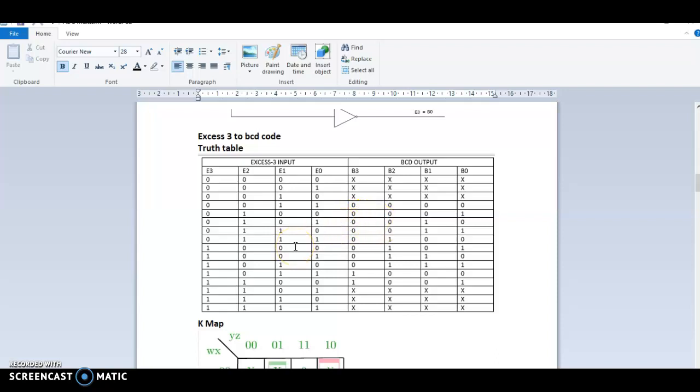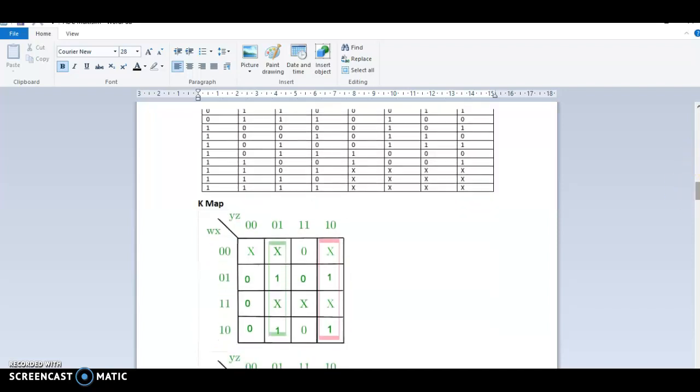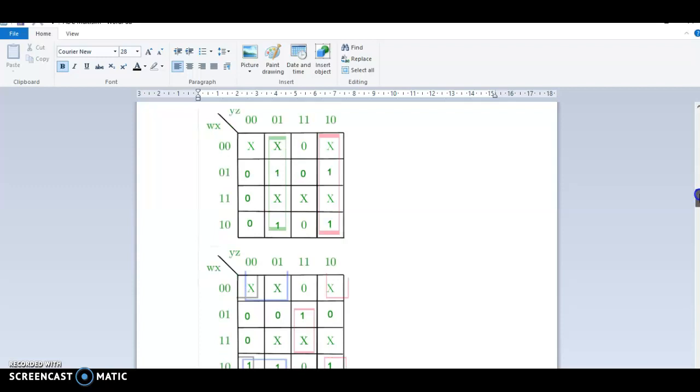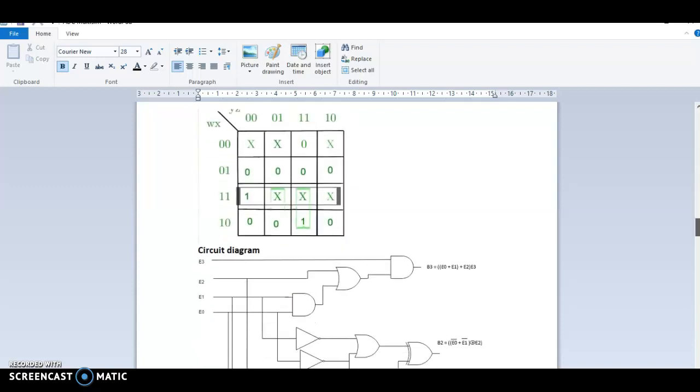Suppose I give a value of 5, I get an output value of 2. Yes, every input value is subtracted by 3, which is exactly opposite to BCD to XS3 code. This is the K-map of XS3 to BCD code, and next we are moving on to the circuit diagram.